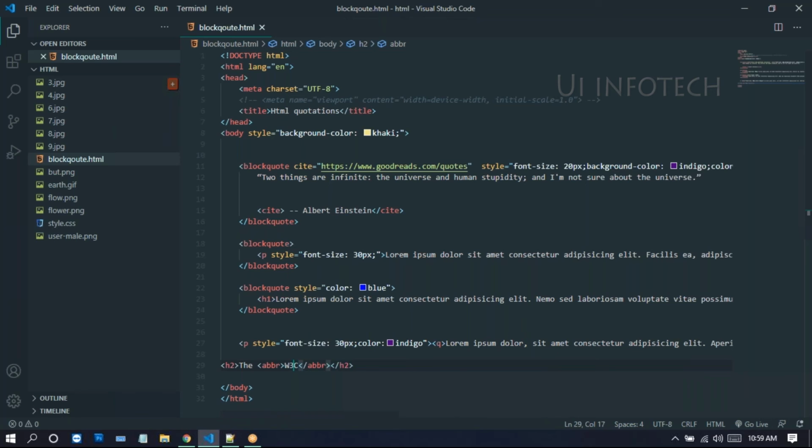This W3C stands for, we write the title attribute. Inside of title, we write World Wide Web Consortium.